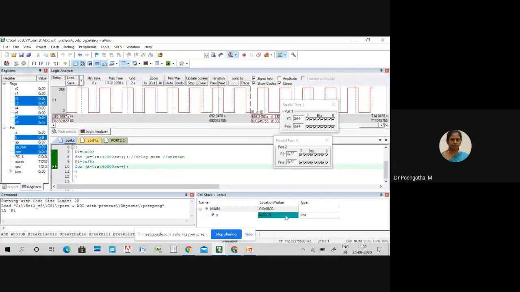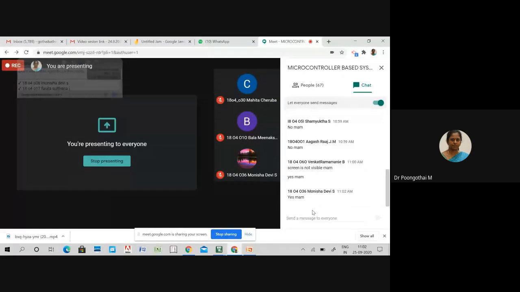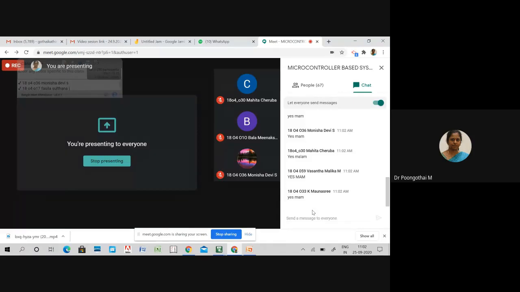Have you installed MicroVision on your PC? Have you all installed Keil MicroVision? Did you try any code? What about the others, boys' side?